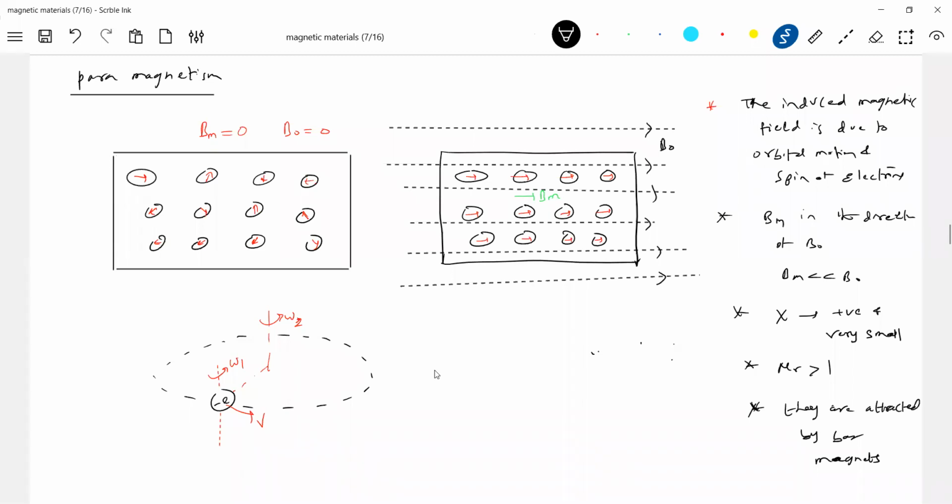Now, as I increase the temperature, what will happen to a paramagnetic substance? Is there any effect on the magnetization? When we vary the temperature, does anything happen to the intensity of magnetization? Anybody? We know some small idea, no? If you vary the temperature, something will happen to the atoms.